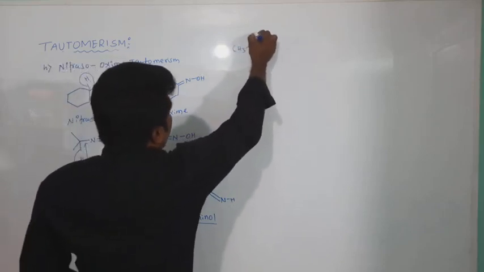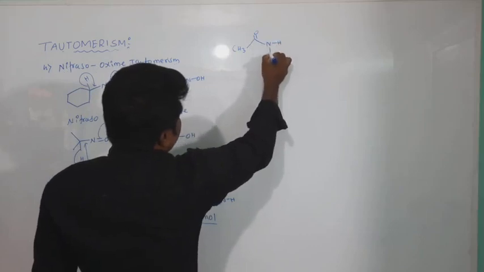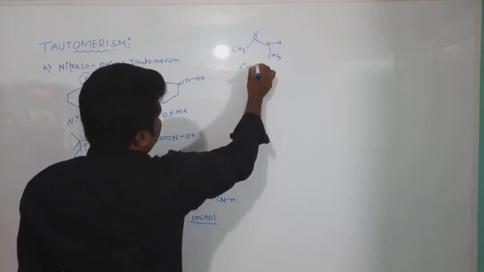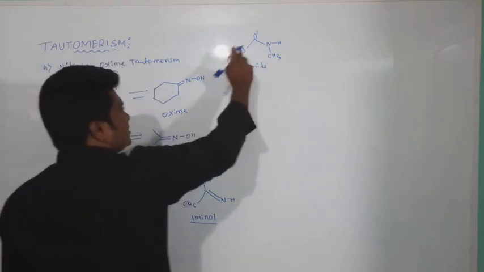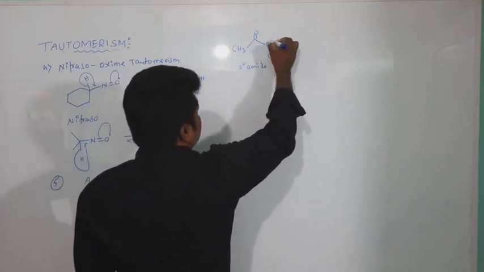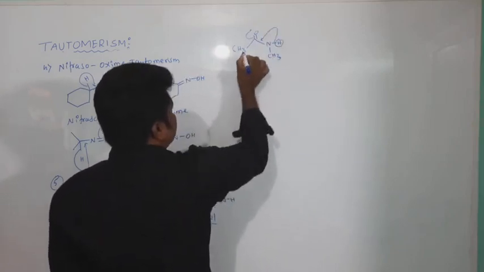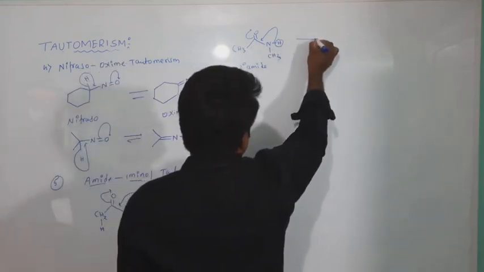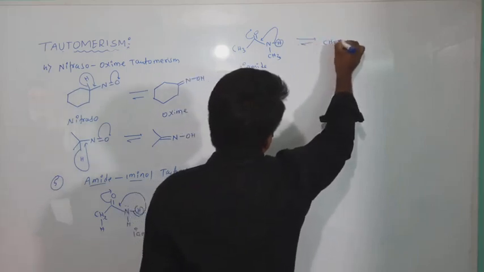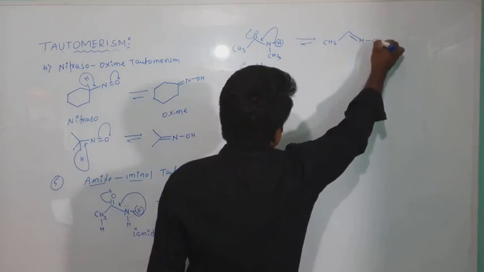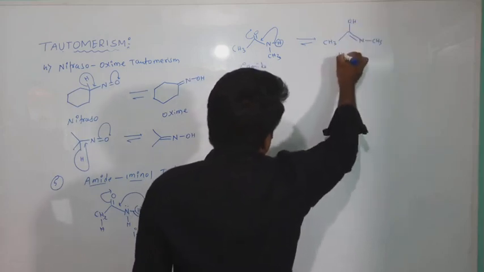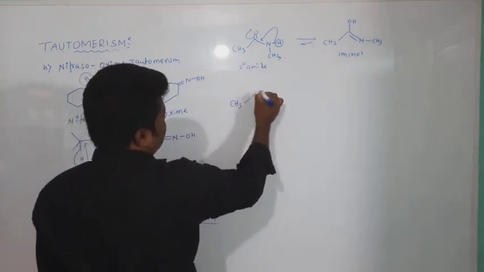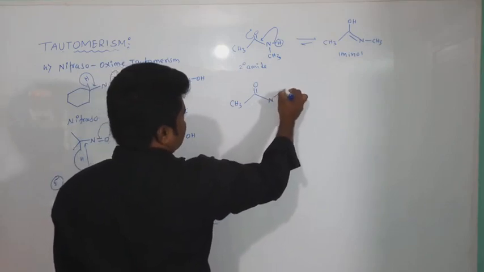And one more example here. CH3. Now this is what? I am taking this is secondary. This is CH3. Secondary amide. In the secondary amide also see CH3 alpha hydrogen atom, but this is what? More acidic hydrogen. So this is involved in the tautomerization. These alpha hydrogens are not involved. They are less acidic as compared to this hydrogen atom. Now see here. Is there any tautomerization? Yes, tautomeric structure we are getting like this. This is called imino.